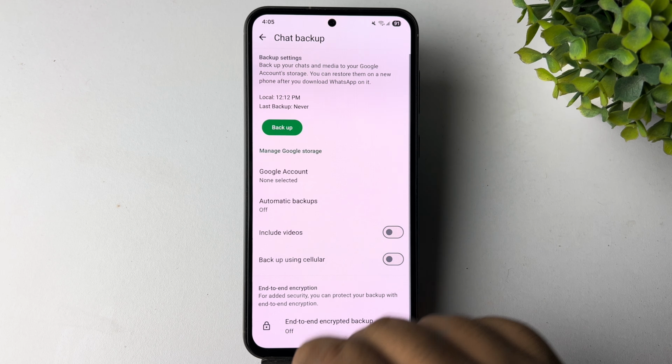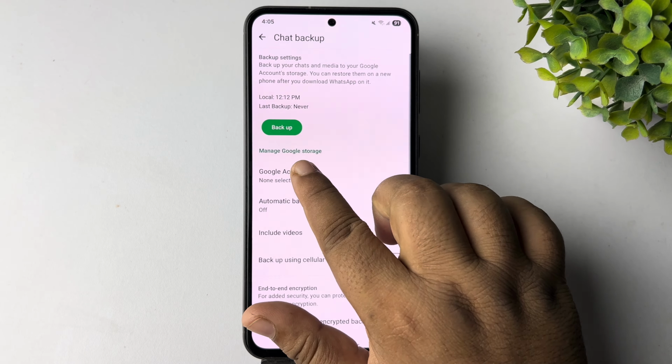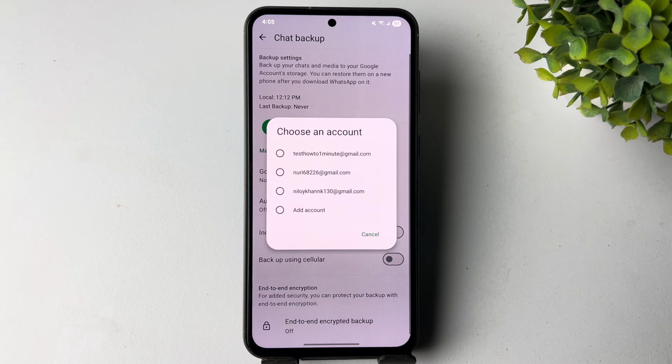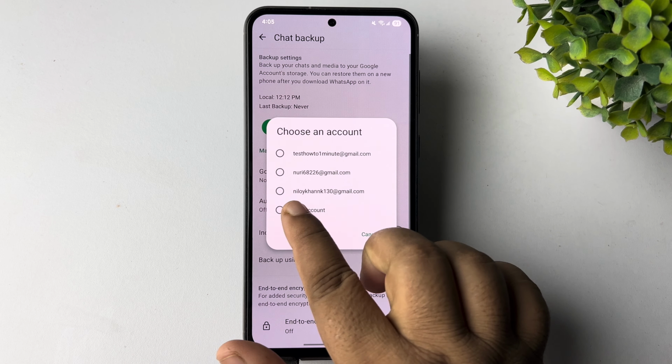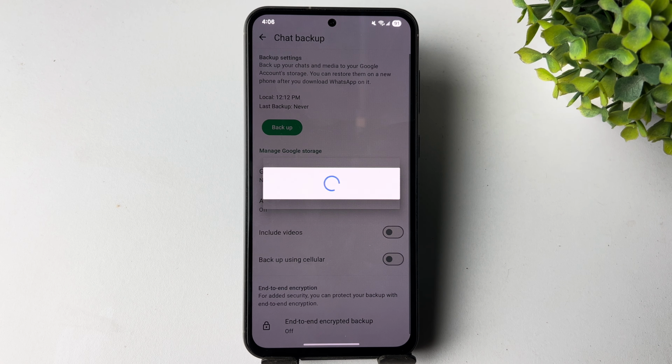And now, before we tap on backup, we have to add our Google account. So tap on Google account and now choose in which Google account you want to back up your WhatsApp chats. If you want to add a new Google account, just tap on add account and go ahead and add your new account. So in my case, I'm selecting this account to back up my WhatsApp